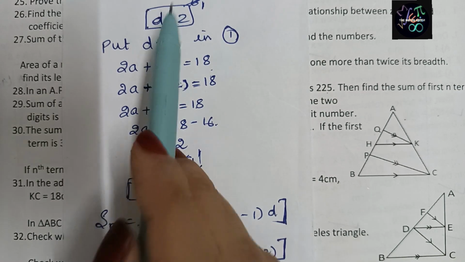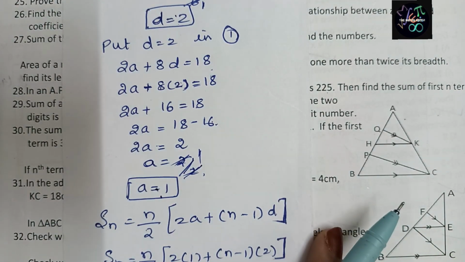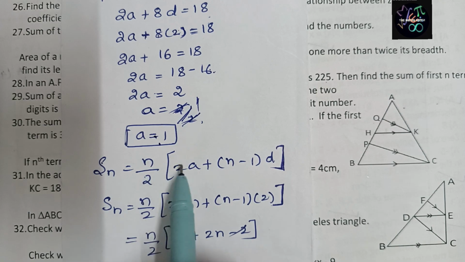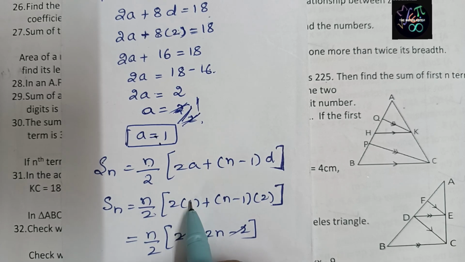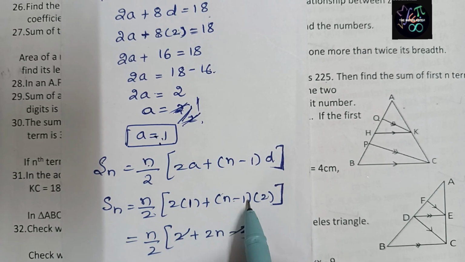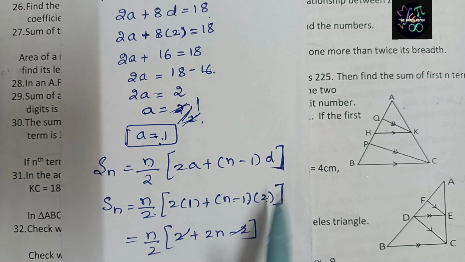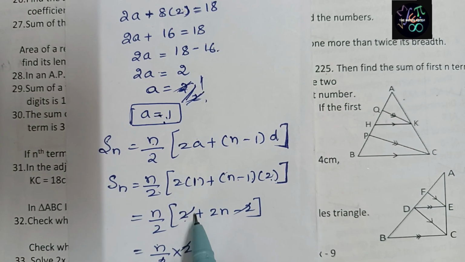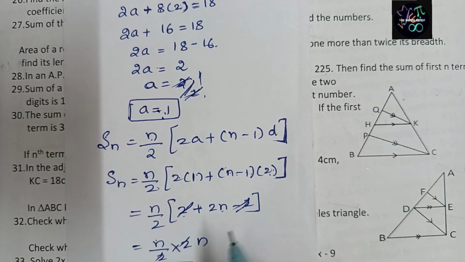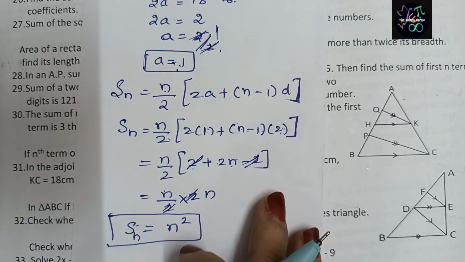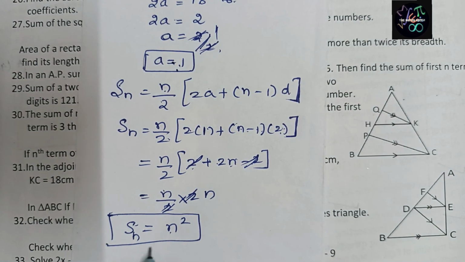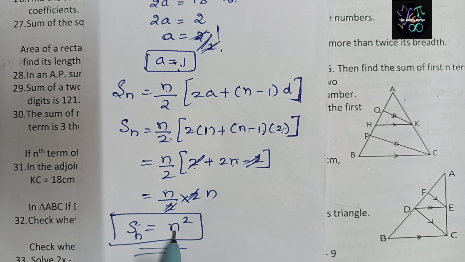Now we got the d value, we got the a value. Now they have told us to find the sum of n terms. So I'll write Sn is equal to n by 2 into (2a plus (n minus 1)d). n we don't know, they told us to find n. Sn is equal to n by 2 into (2, a value is 1. We got it, right? n minus 1, d value we got 2). So n by 2 as it is, 2 1s are 2, plus 2 into n, 2n, 2 1s are 2, plus 2 minus 2 got cancelled. So n by 2 is equal to 2n. 2 got cancelled, so Sn value we got as n square. So the sum of n terms we got is n square.